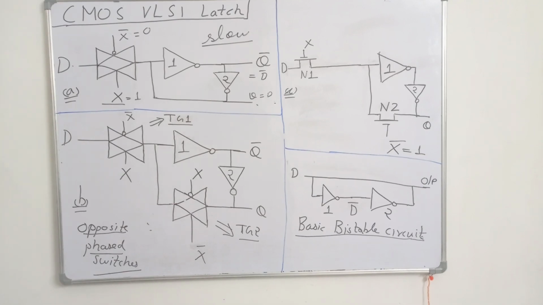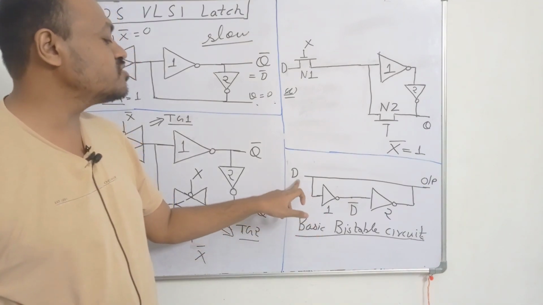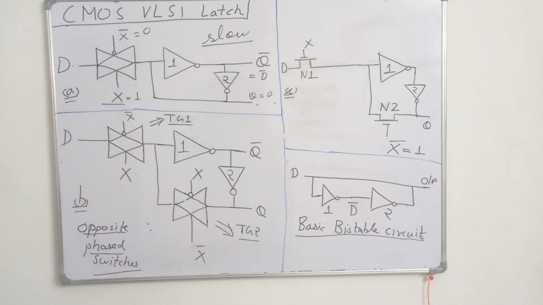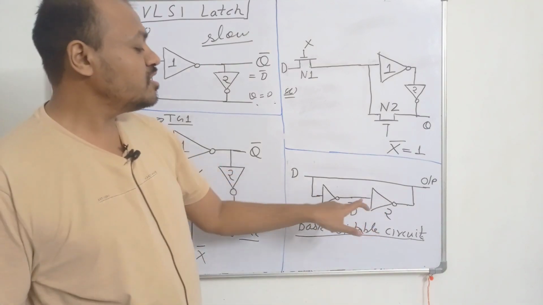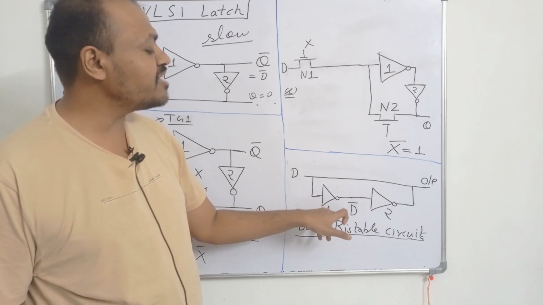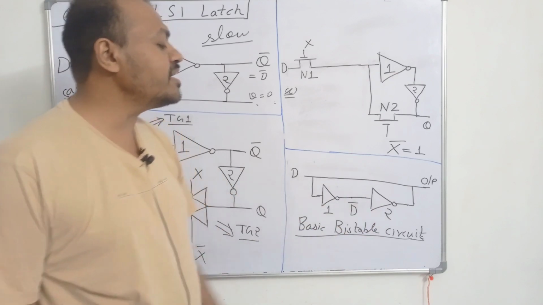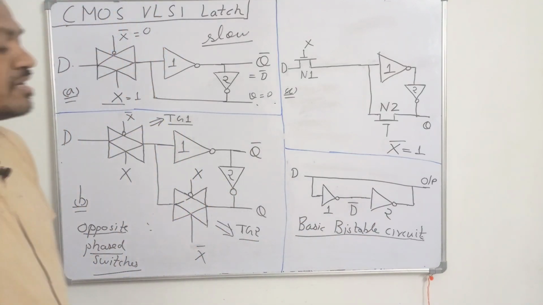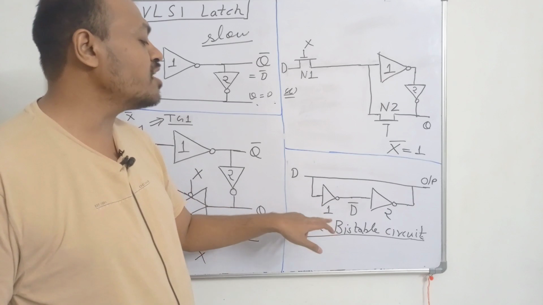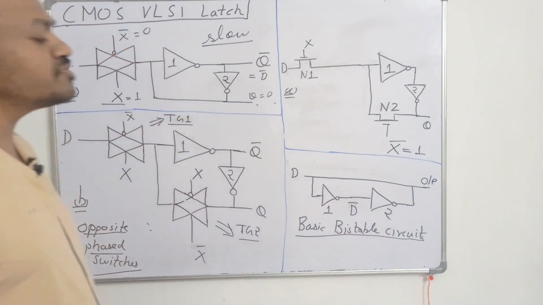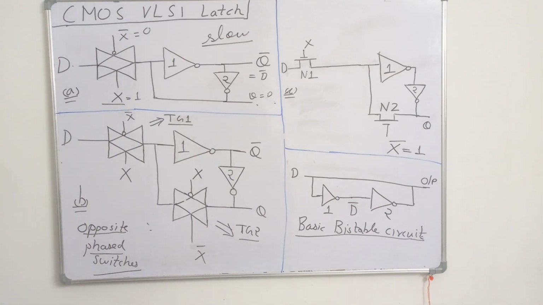Here inverter 1 will detect the changes. The output of inverter 1 is V bar, but inverter 2 should not be so strong that it prohibits the change in state. If the state of inverter 1 is changing, then inverter 2 should be weak so that it does not prohibit the change in state. So inverter 1 is made using strong or large transistors, and the transistors used for inverter 2 are comparatively smaller.